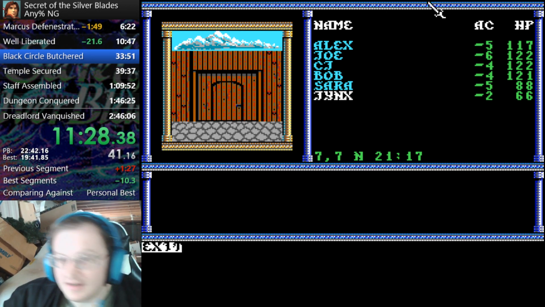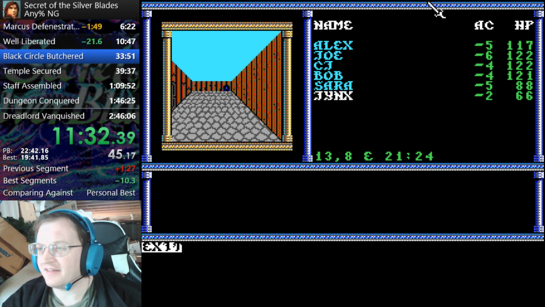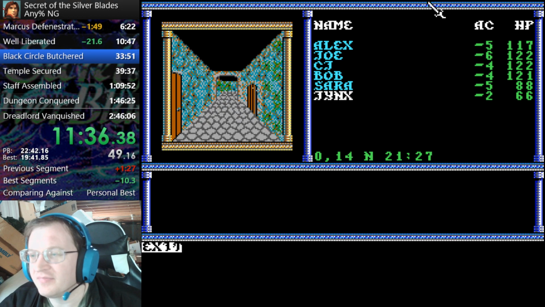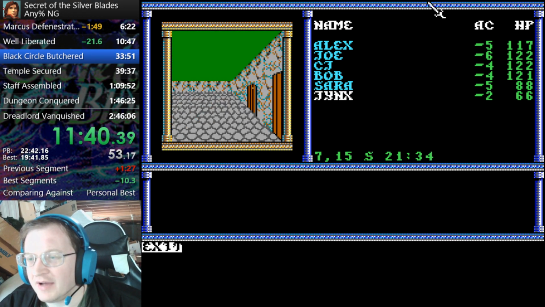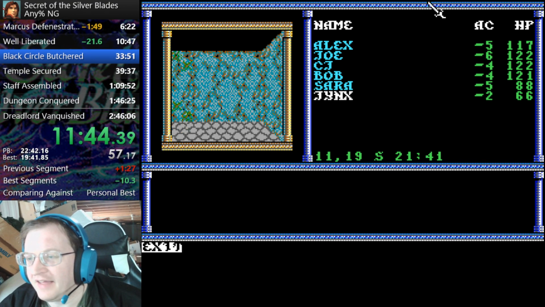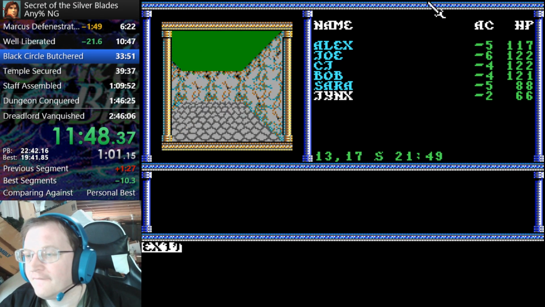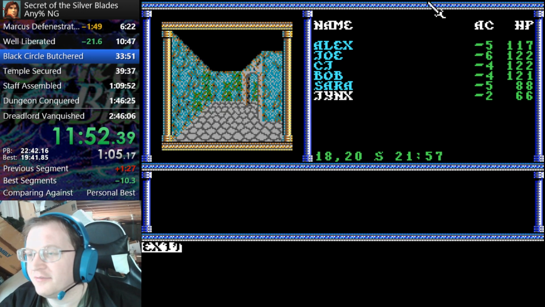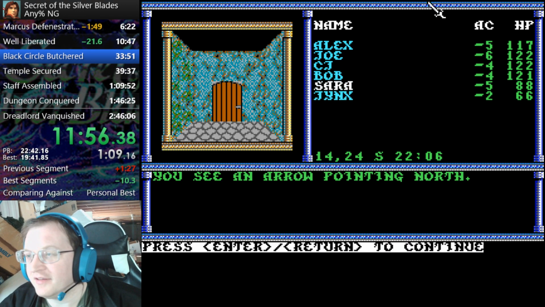Okay. Now we can go... We're actually going to go get the amulet next. I kind of vary when I do this activity. You can do it either right before or right after dealing with the black circle. I think it's just as well to do right before, actually. It's changed the timing of some of my splits, but that's okay. In the long run, it's a...